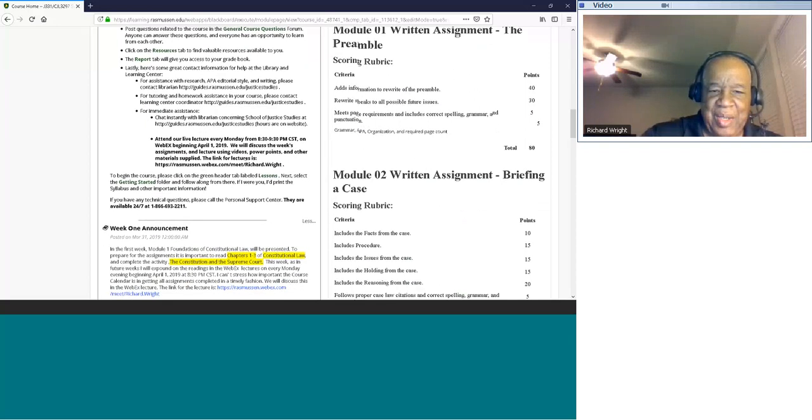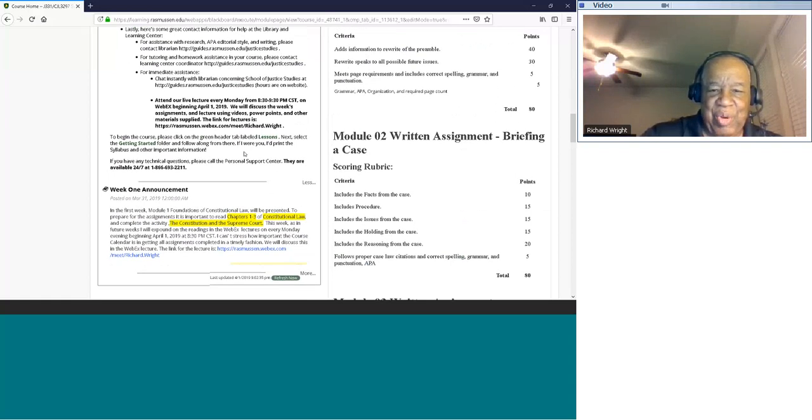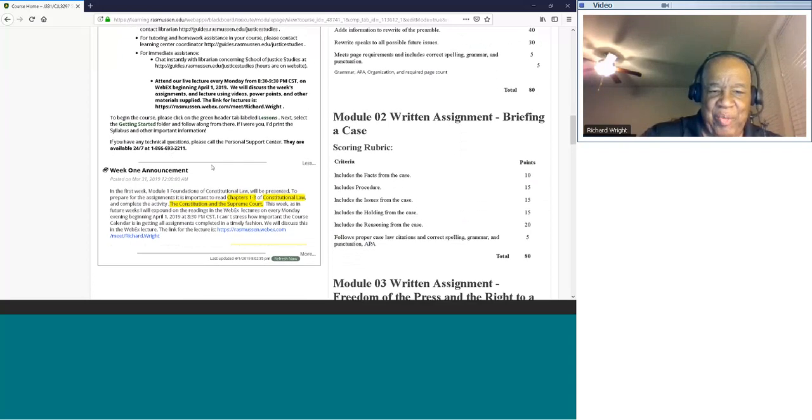Okay, and then it gives the link again. All right. So we suggested that you click on the Lessons tab and then the Getting Started folder so you can see some things, and you can print the syllabus as well as other important information. And anytime you have technical problems, I'm not the first source of help. Reach out to PSC, or personal support. Their phone number is here, and they're available 24/7, 365 days, even on holidays.